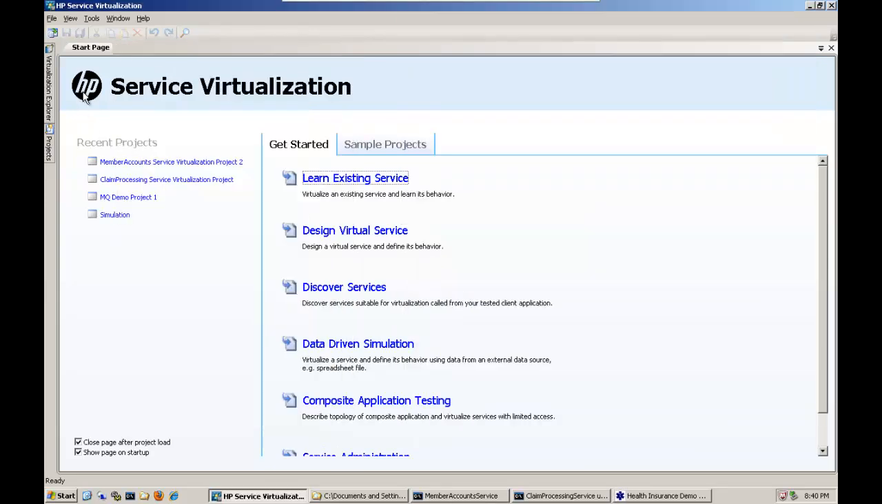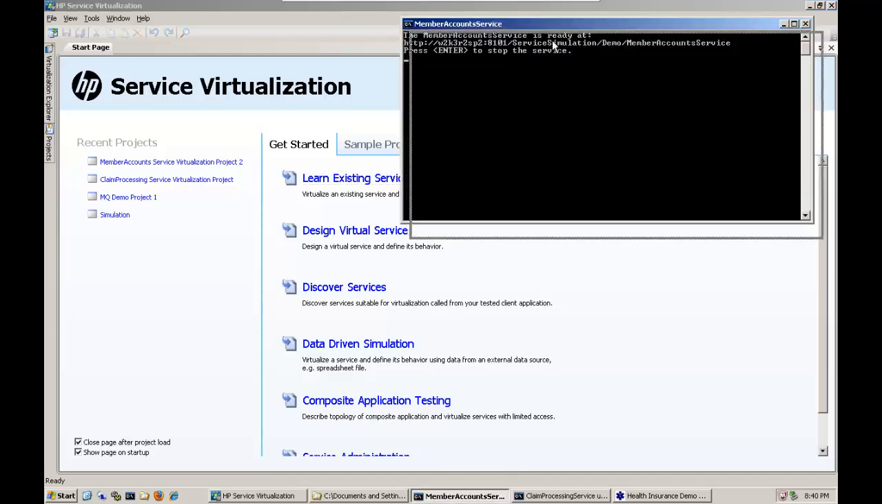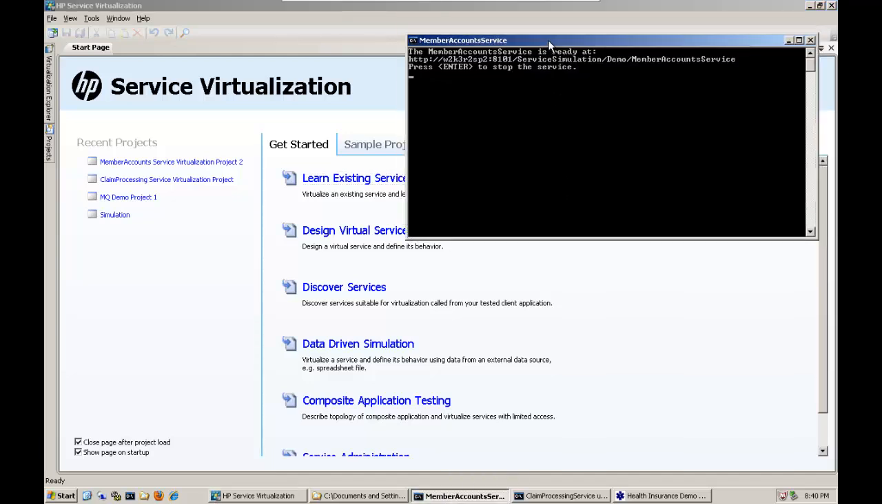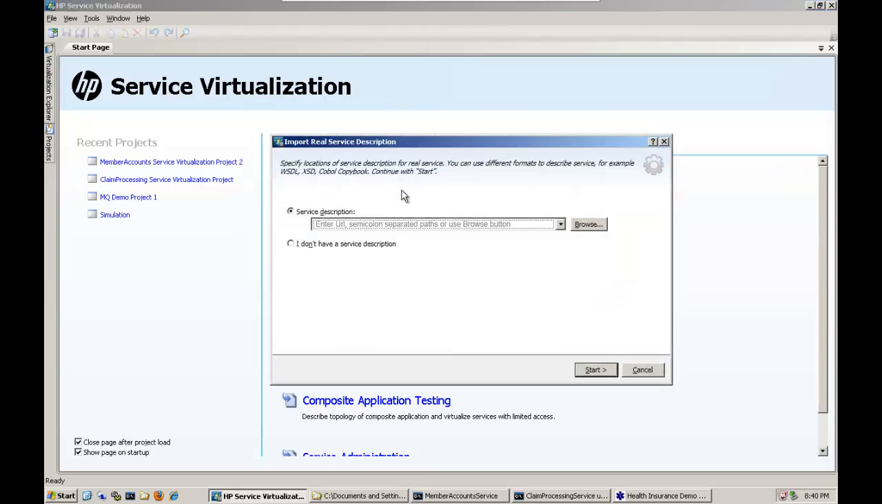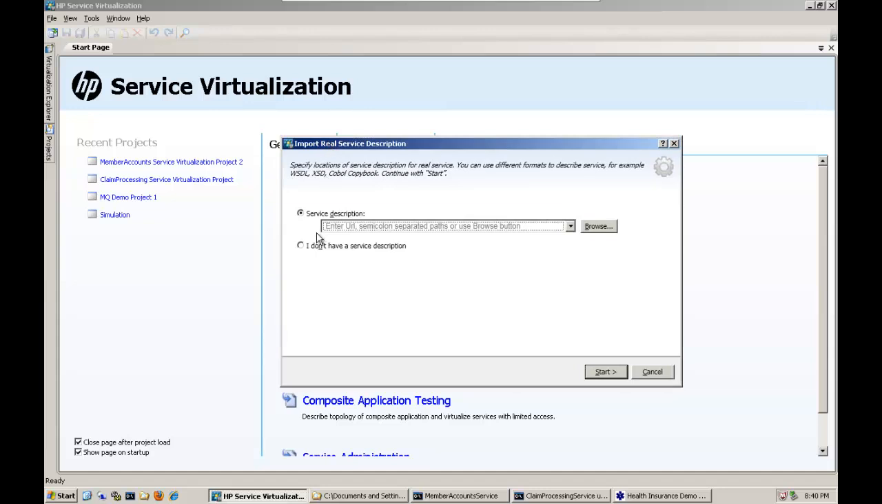When we go back to HP Service Virtualization Designer, we are presented with some getting started options. For this case, we are going to learn the existing service. The service we are going to learn is going to be the member account service, which is the service that returns the member plans. We click on Learn Existing Service,